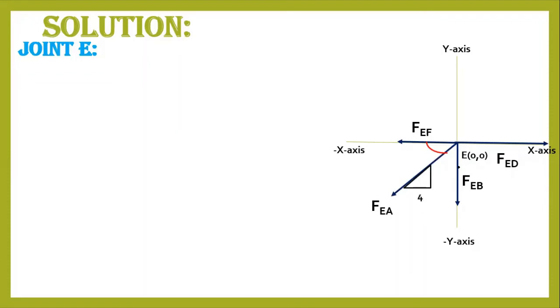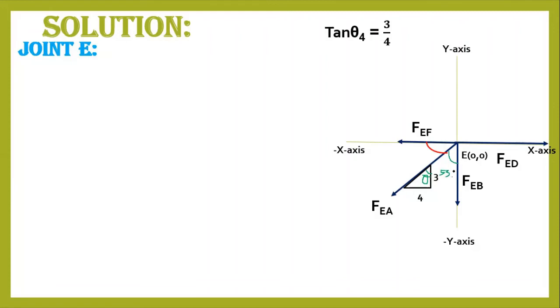So this is 4, this is 3. Now how can you calculate the angle? You know very well how you can calculate the angle. So I'm telling you, tan theta equals 3 upon 4. If you calculate this theta, so what will happen here? If you are going to calculate this theta, then 3 upon 4 base, so 4 upon 3 will become, so you will get here 53.13 degree.